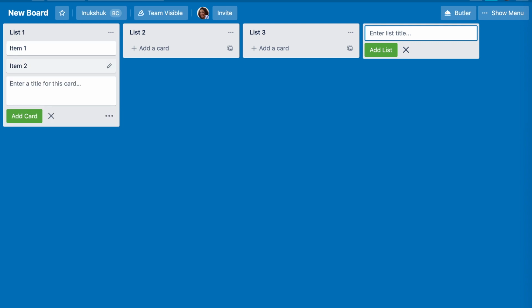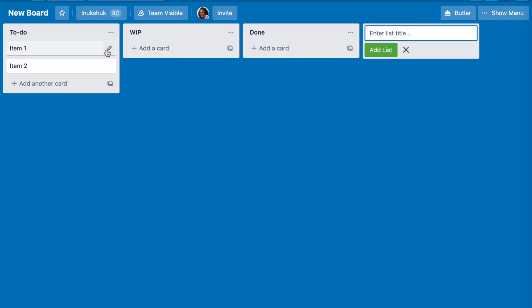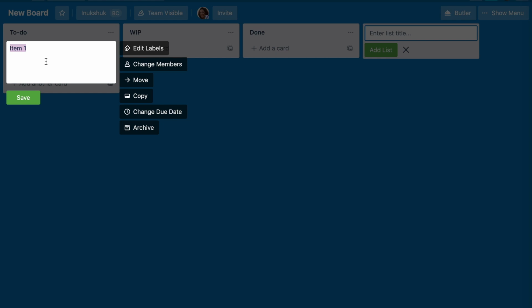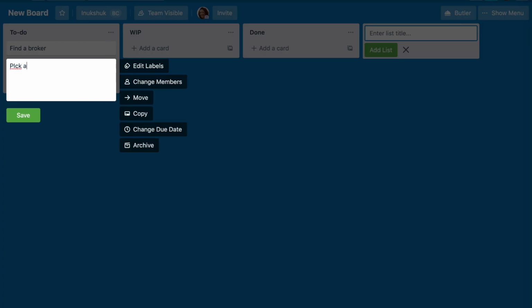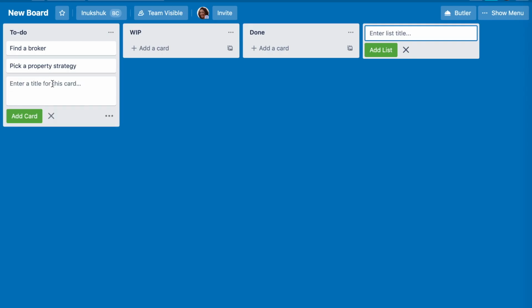Now, the most basic use of Trello, and the first use case that people use Trello for, is for to-do lists. So this could be your things to do. This could be, say, work in progress, and this could be done items. Now, my to-do list could be, I don't know, find a broker. The second item could be, if you're starting out, obviously, pick a property strategy. Third one could be